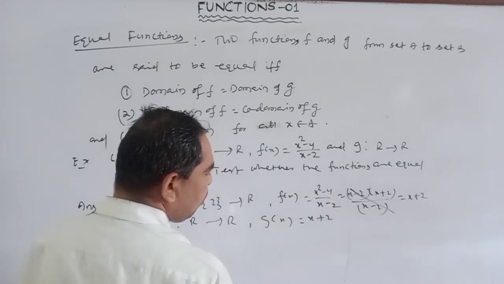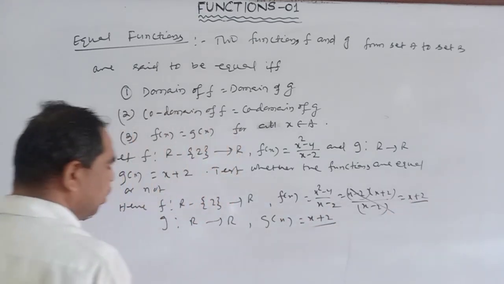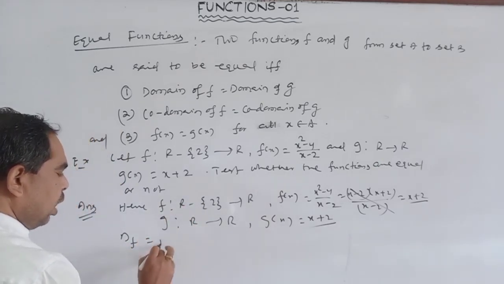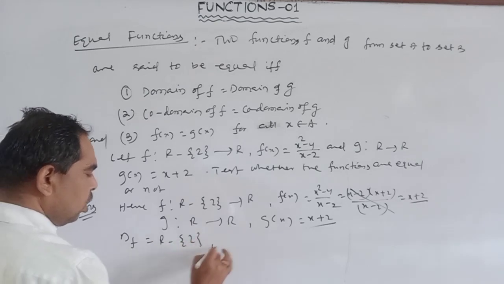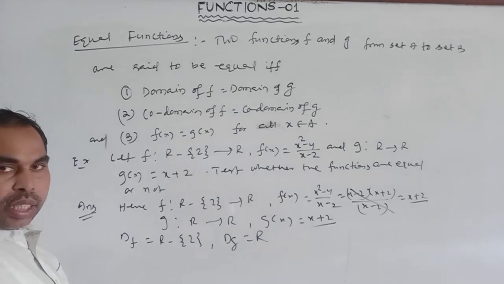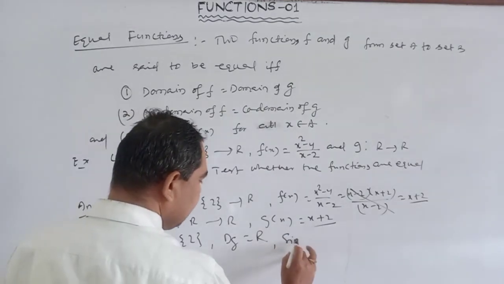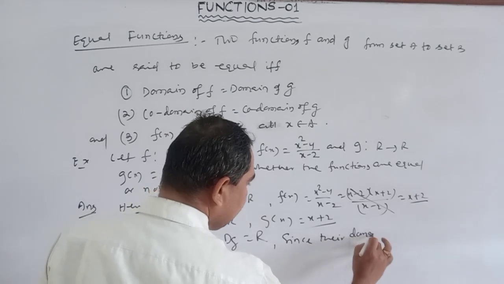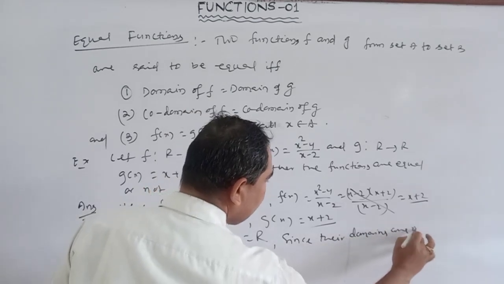Okay, both are equal but domains are not equal. Domain of f is R minus {2}, domain of g is the real number set R. Since their domains are not equal,